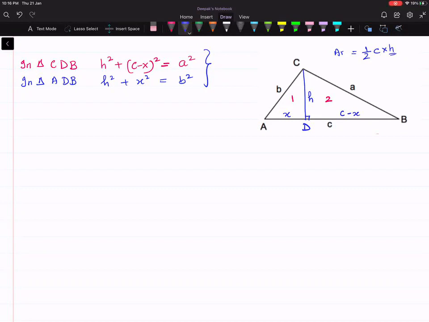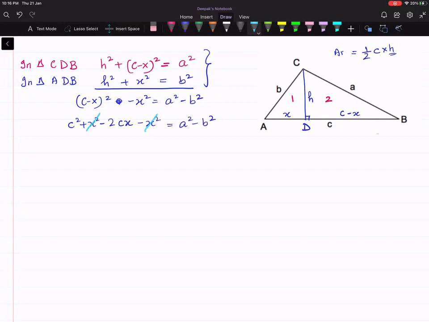Okay, so let's subtract these equations. If we subtract them, what I'm getting is (c minus x) whole square minus x square is a square minus b square. Okay, let's open the bracket. By opening the bracket we get c square plus x square minus 2cx minus x square is a square minus b square. So this x square is getting cancelled out, and